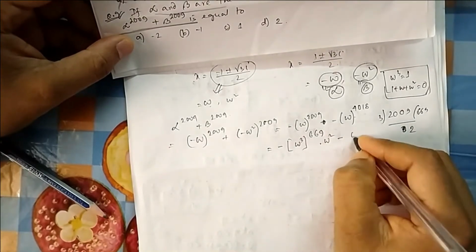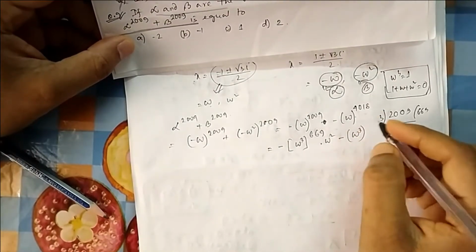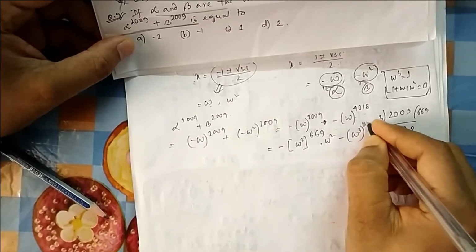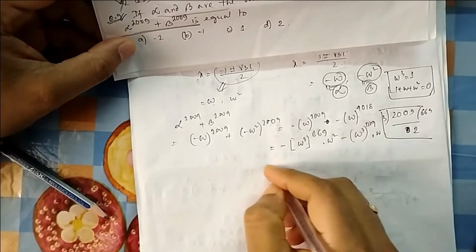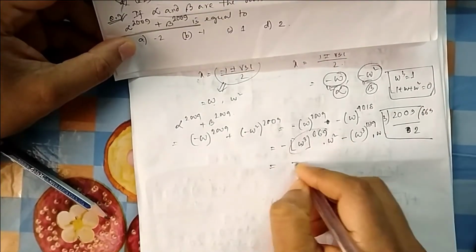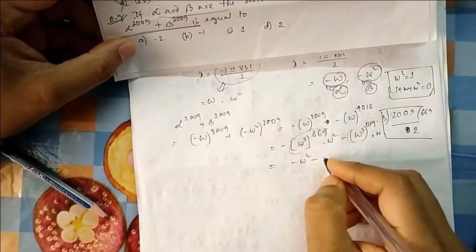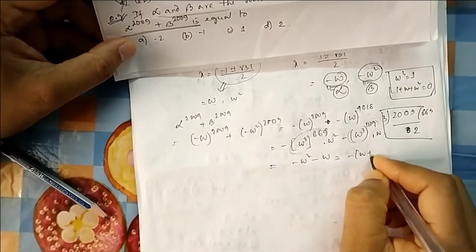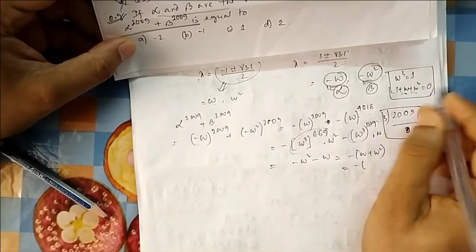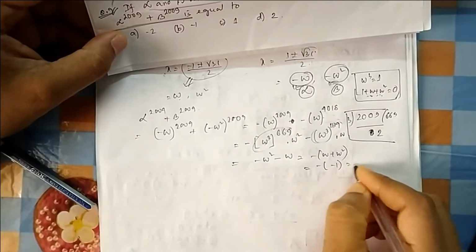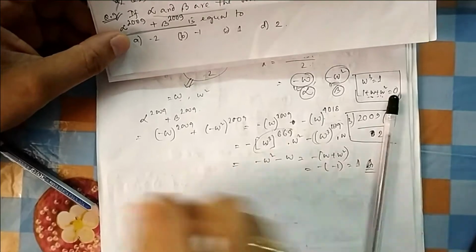So we are going up to omega cube, then again 4018. I'm directly writing 1339, you will be left with 1 omega. So up to omega cube this is 1, so this becomes 1, so it is simply minus omega square, and this also becomes 1. So these are very easy for complex numbers, you will find lots of things in it. So omega plus omega square, from this property it is minus 1, so if you put minus 1 it is 1. So that is your option C.